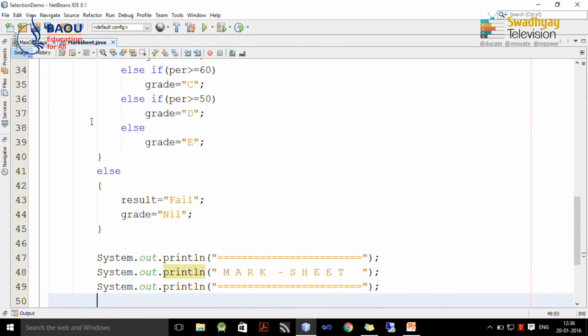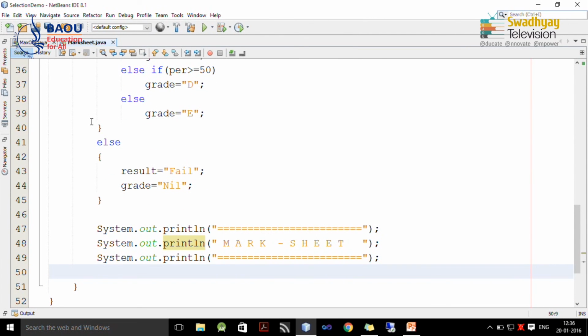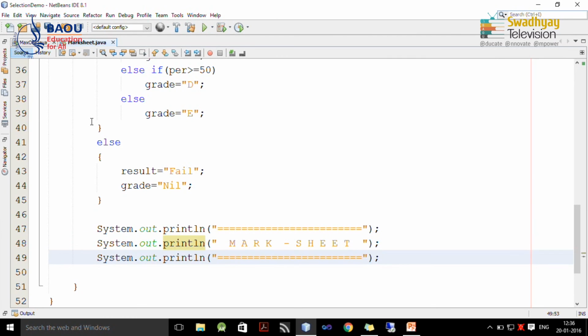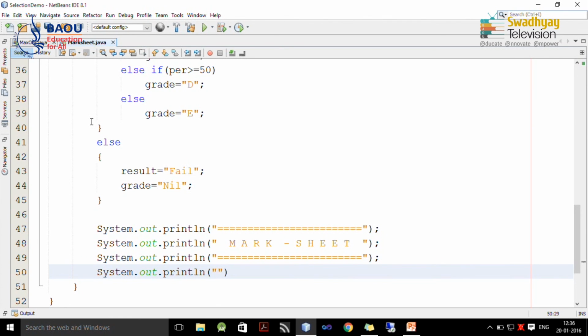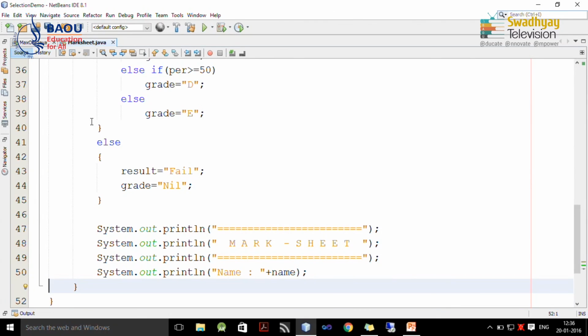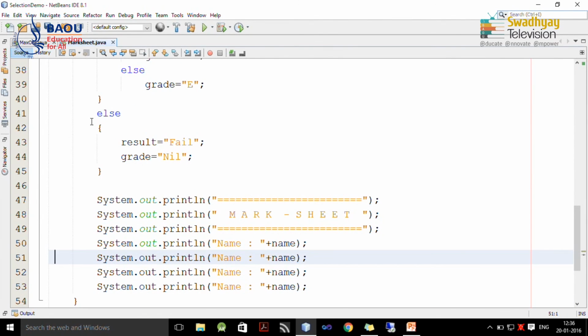So, this displays heading that this is a mark sheet, and now we print actual values. First we display name, name is stored in variable name. I can copy this and paste. Then we display roll number, which is stored inside Rn.